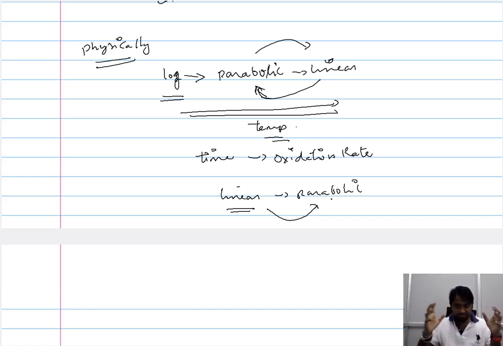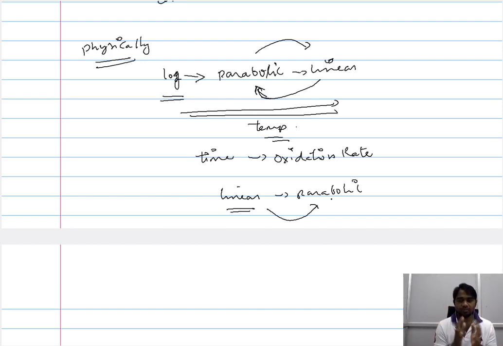However, as the thickness of the metal oxide increases as time progresses, the ions have to move across a larger distance. So the dependency of the oxidation rate on the thickness of the metal oxide comes into play. Therefore, there is a change from linear to parabolic oxidation rate. So once the thickness of the metal oxide influences the oxidation rate, you ultimately have a parabolic oxidation